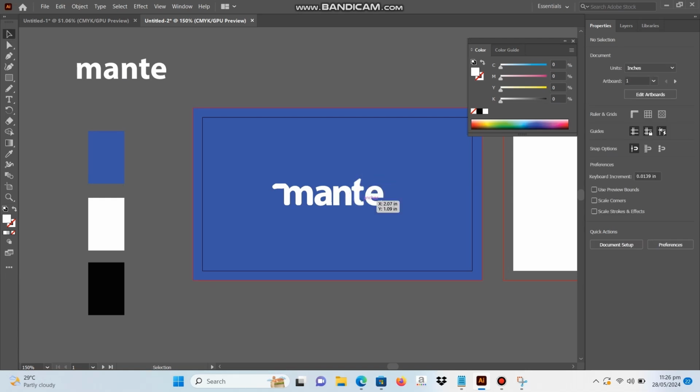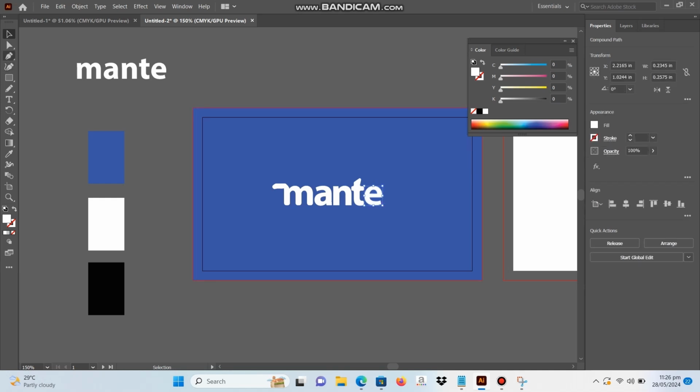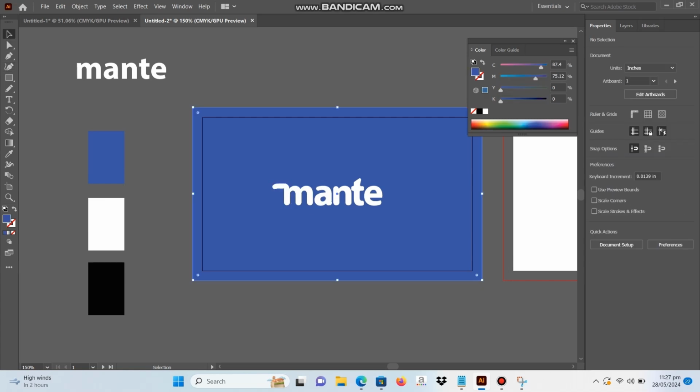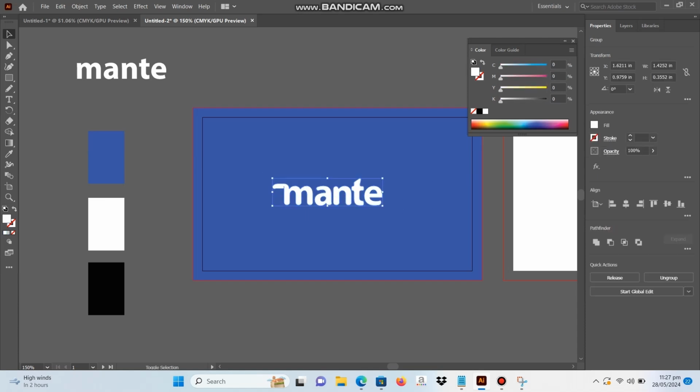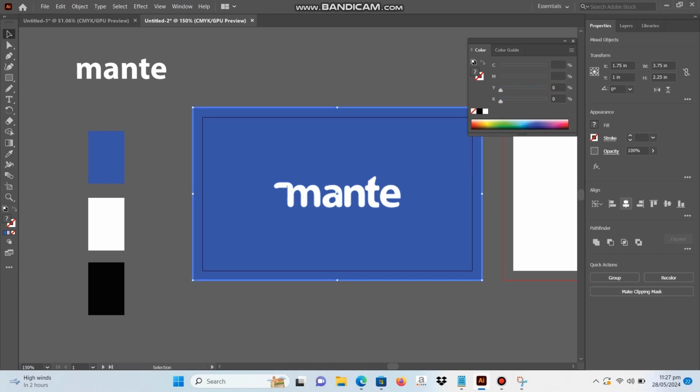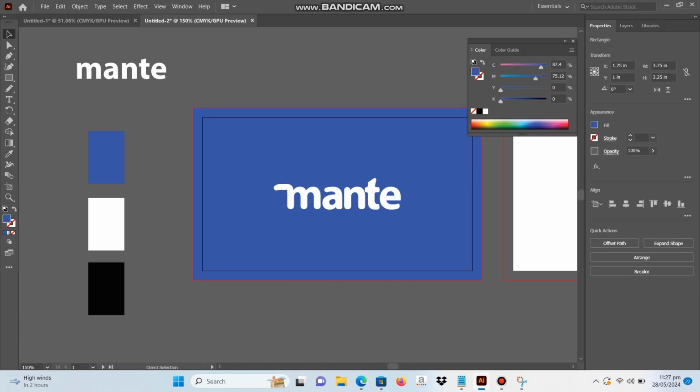And then I'm going to tweak the upper side of the T a little bit as well, and then I'm going to use the direct selection tool and just round the corners of each letter. Otherwise it will look too professional, because this brand is all about marketing and PR. So we have to maintain that fun aspect as well, and curiosity, excitement, and everything. That's why I rounded each letter so it looks less formal.